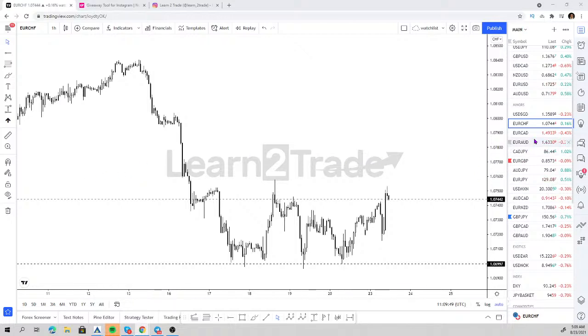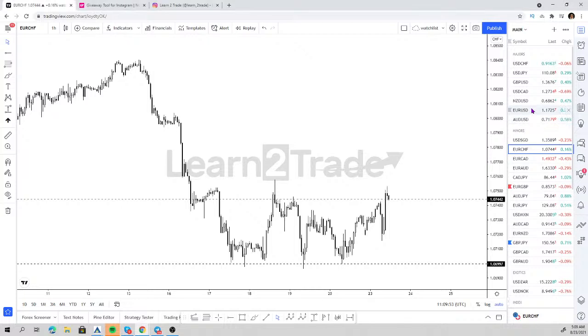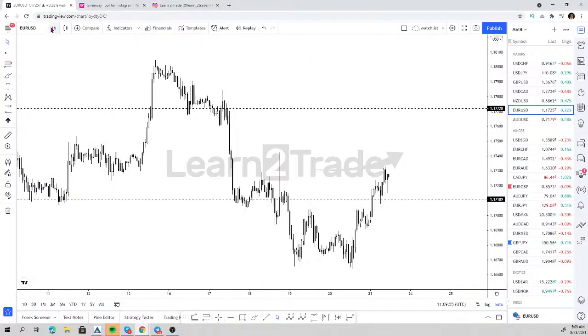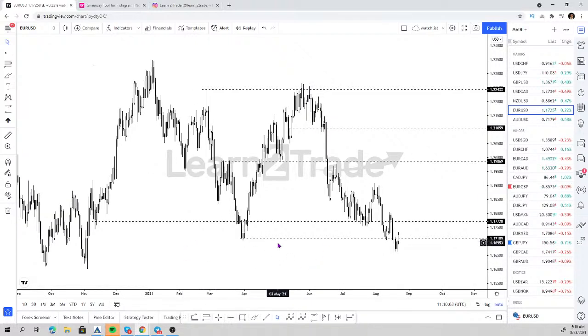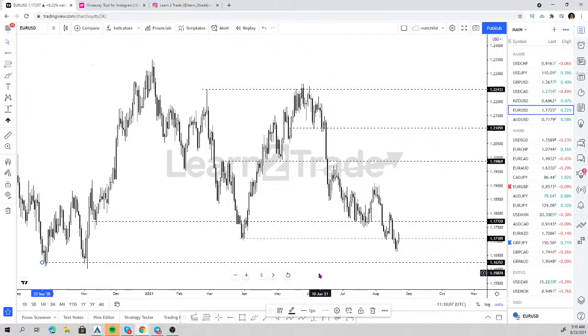Right, so that's the euro versus the Swiss franc. Let's have a look at some majors, the euro USD. Let's start by looking at the daily. On the euro US dollar, to be completely honest, I'm staying away from it. To me, it's trading in the middle of nowhere at the moment. The level where I would like to start looking for buys is way below, around the 1628 to 1630 level. So I'm not even going to look at this.